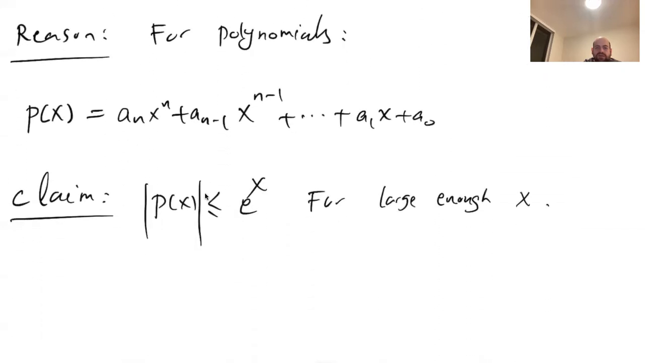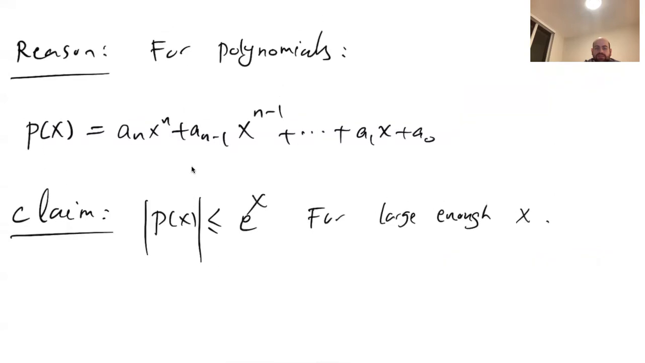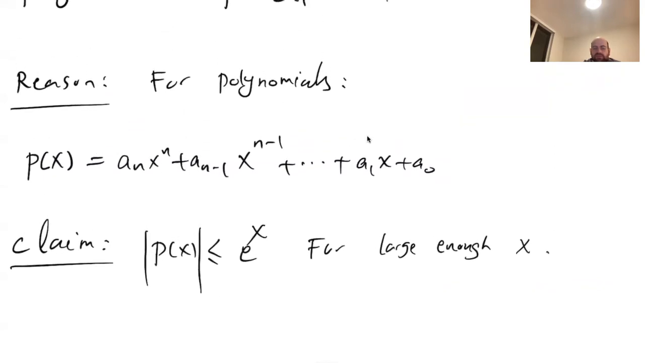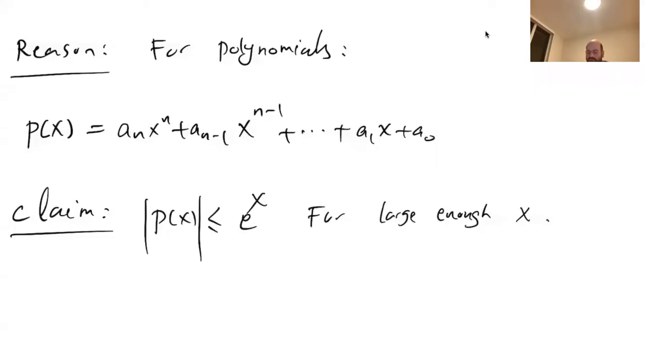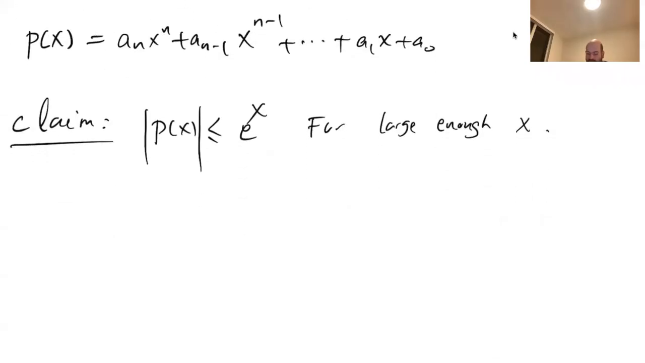Now here I'm saying that any polynomial, this is the general form of a polynomial, is of exponential order. To prove that, I have to show that the absolute value of p of x is less than e to the power x. It is enough to show this for large enough x. Large enough x means x bigger than some constant capital A. Okay, so to prove the claim now,